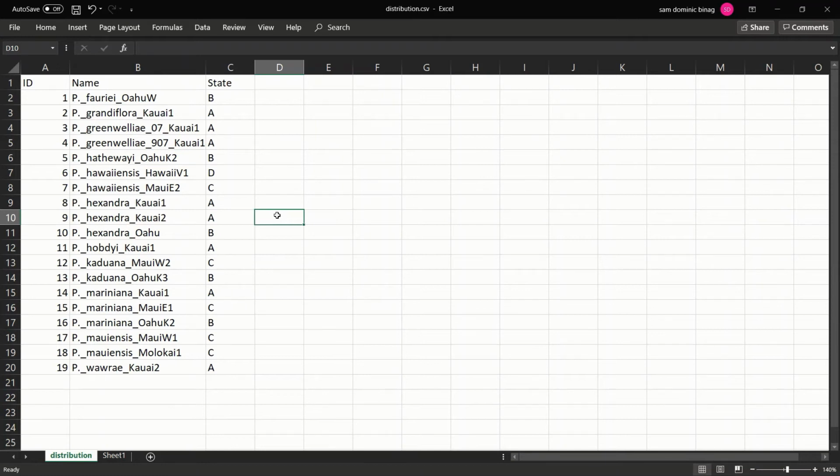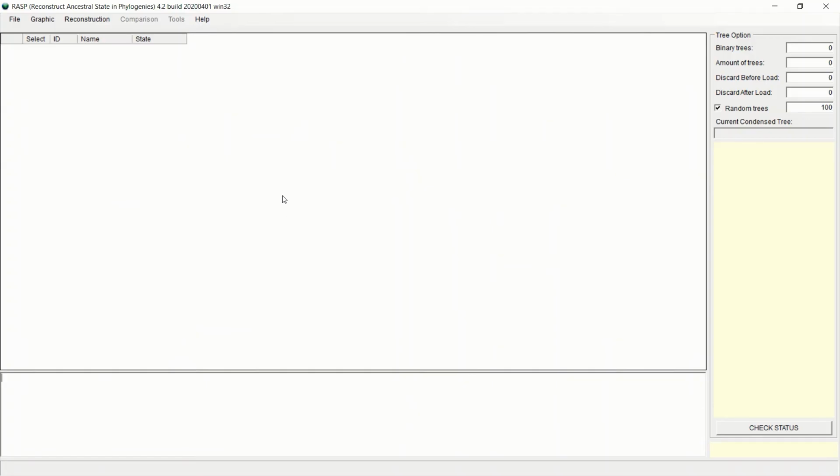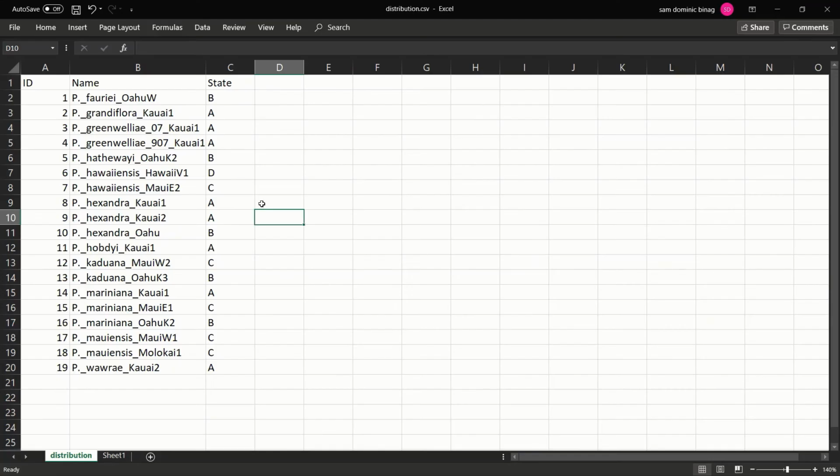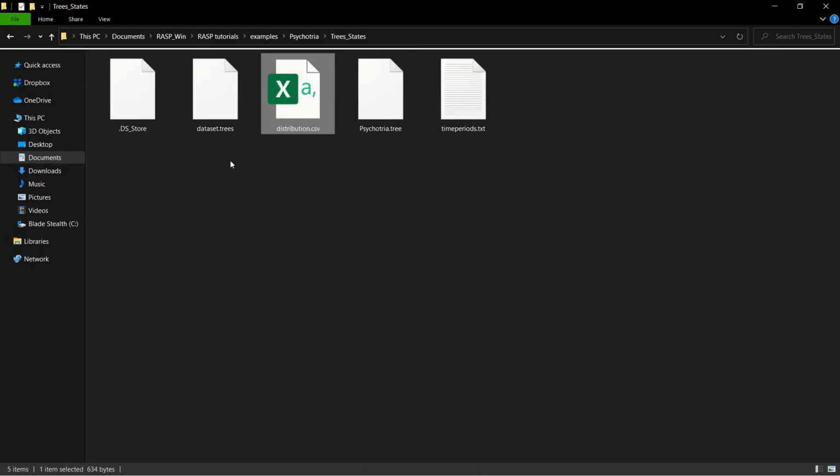The current later version of the RASP software that we are using is version 4.2. Some laptops won't be able to load the current version, thus you can download the older version of the software. Okay, so when you download the RASP software, you can see a sample Excel file under RASP tutorials,